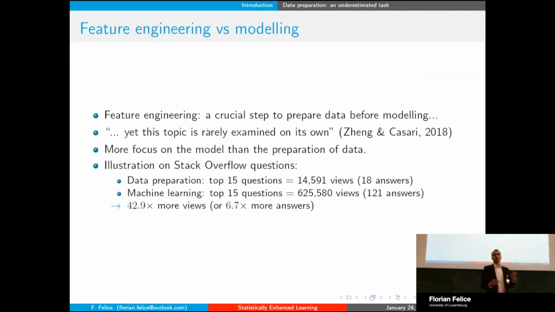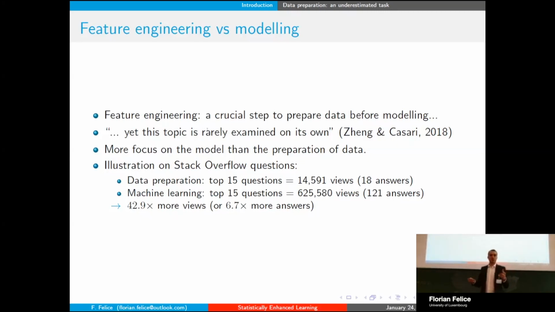So feature engineering, for any kind of model we use, whether statistical models, deep learning, or machine learning, is a very important step, because whatever you do with your model, if you don't have good quality data and well-prepared data, the performance of your model will just be bad because of the quality of the data. And unfortunately, it's a field which is not super well explored yet, because most of the focus is put on the actual modeling, which is potentially more interesting for most scientists.